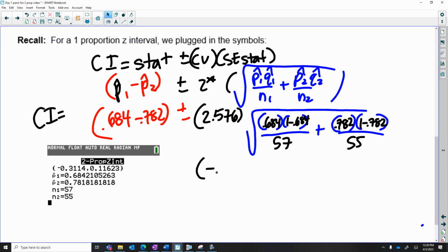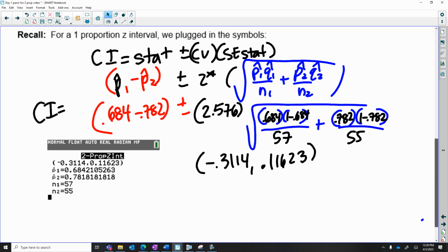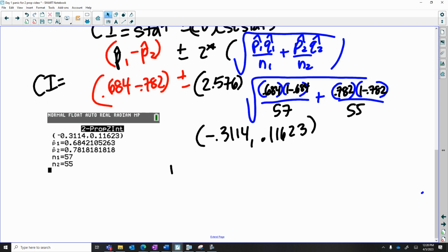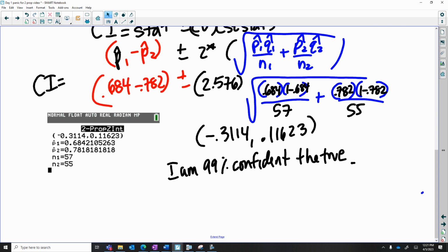So the interval is negative 0.3114, comma 0.11623. So now we have to make our conclusion sentence, okay? So we say, I am 99% confident the true what? The true parameter, right? So in this case, it's the true difference of the proportions